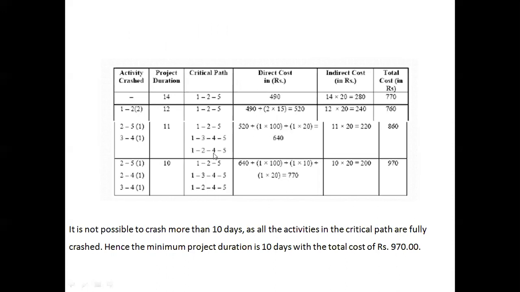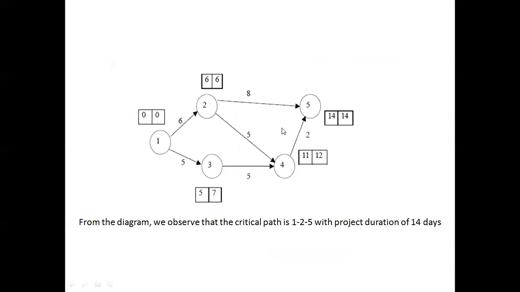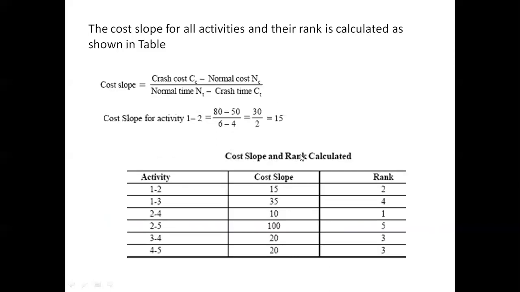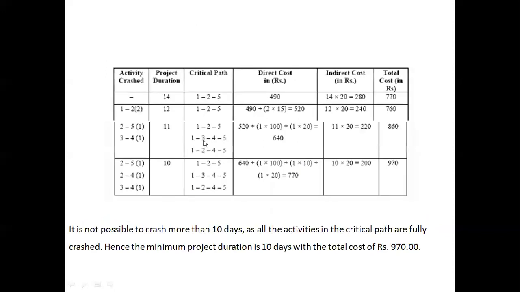And this 1 to 2, 2 to 4, 4 to 5 was crashed to 4, so 4 plus 5 is 9, 9 plus 2 is 11. The project duration will become 11 for 1 to 2, 2 to 4, 4 to 5. For 1 to 2 and 2 to 5 it has already become 11. And 1 to 3, 3 to 4, and 4 to 5 has also become 11. Means all these three possible paths will have the length 11 when 3 to 4 is crashed by 1 day,